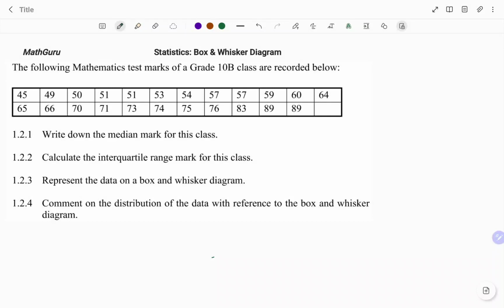In this video, I'm going to show you how to solve the following statistics question. The following mathematics test marks of the grade 10B class are recorded below. We are to: 1. Write down the median mark for this class. 2. Calculate the interquartile range mark for this class. 3. Represent the data on a box and whisker diagram. And the last part of the question says, comment on the distribution of the data with reference to the box